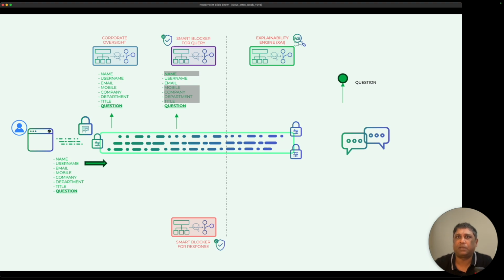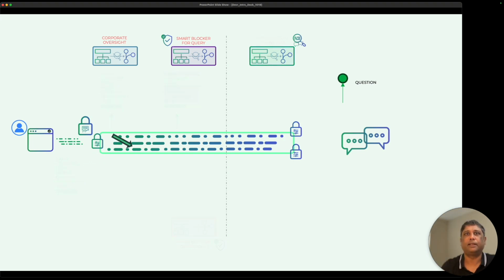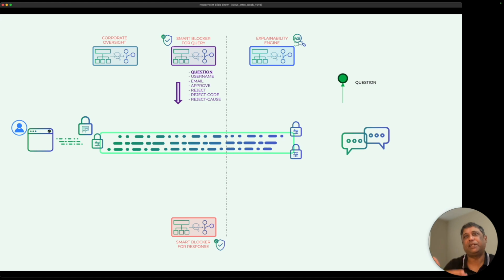And based on privacy profiles, we can keep those as separate and ensure and guarantee as much confidentiality for the user's question as possible. Now the question has become available to the smart blocker, again with safe and ethical computing. So minimal amount of information, maximizing the data trust and confidentiality of the individual user.